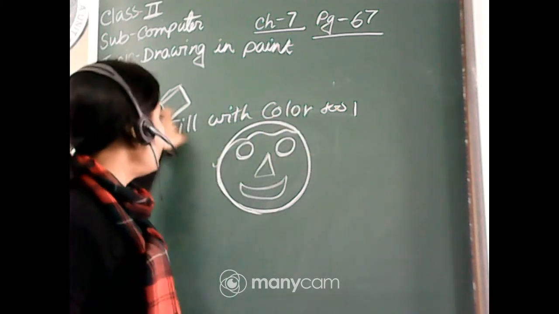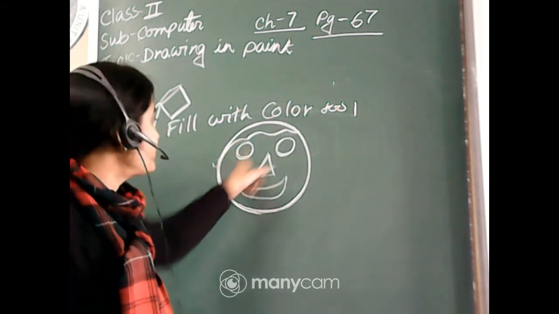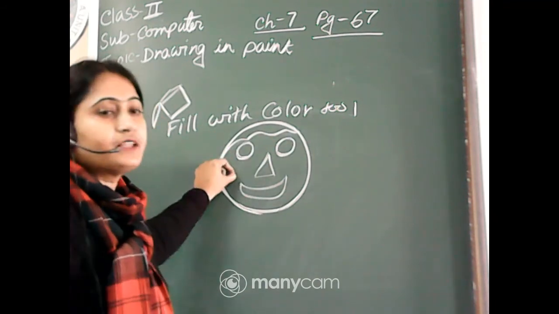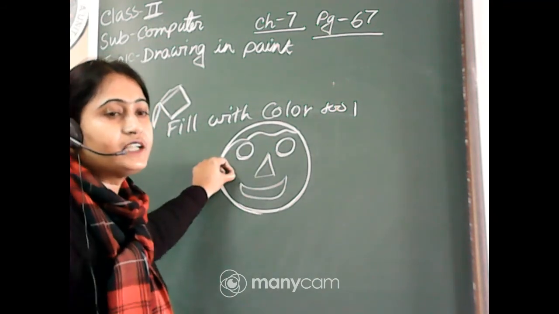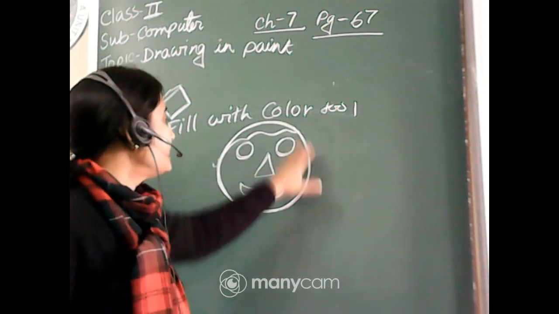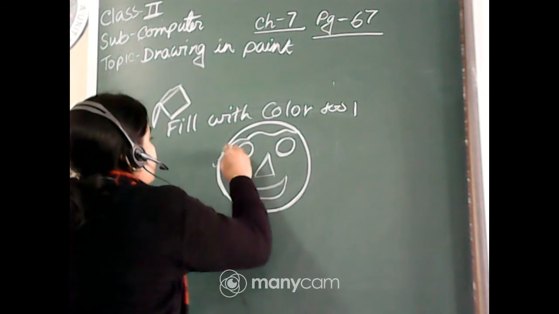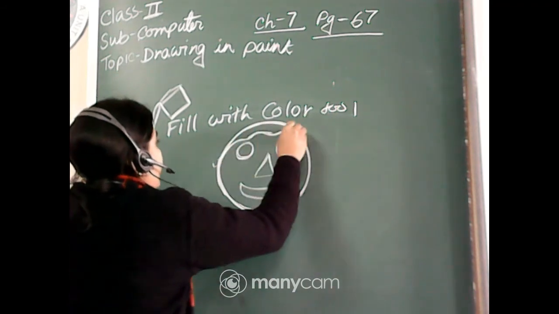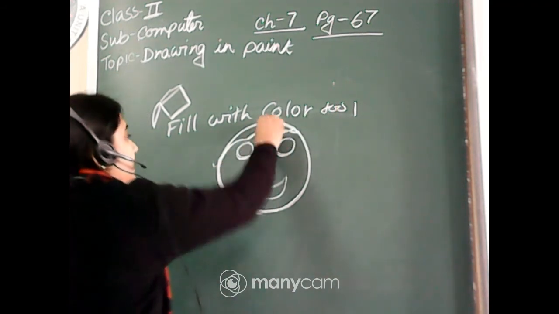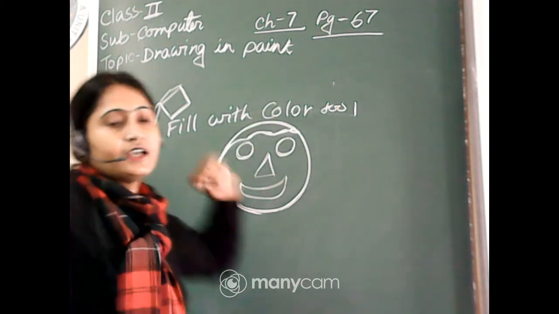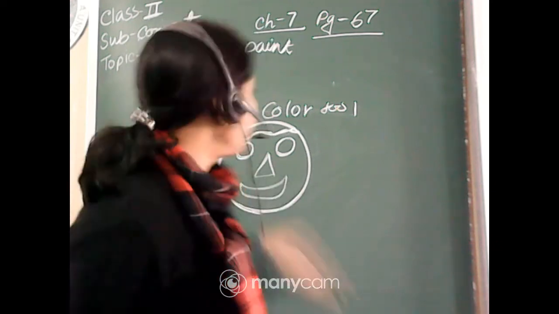Okay, and then bring the pointer over here. Suppose you want to color this yellow, and click it. Bring the pointer over here and left mouse button click, and you can see this face will be yellow. This portion is closed, but this one will not be, because this is another part. And here you choose the black color because this is black, and click it, and it will be black. And this is also a closed shape.